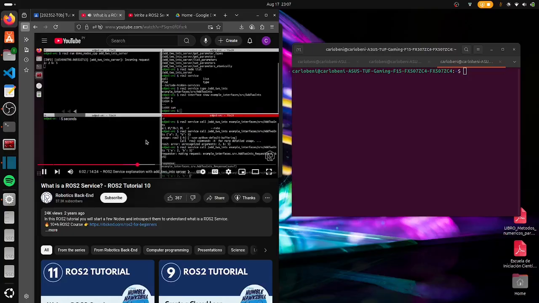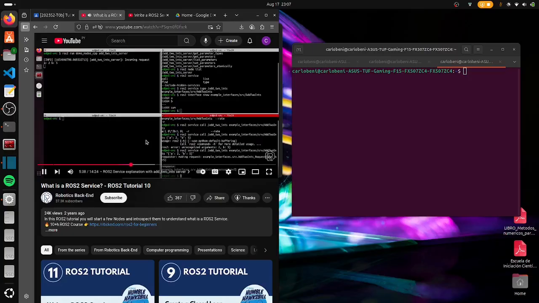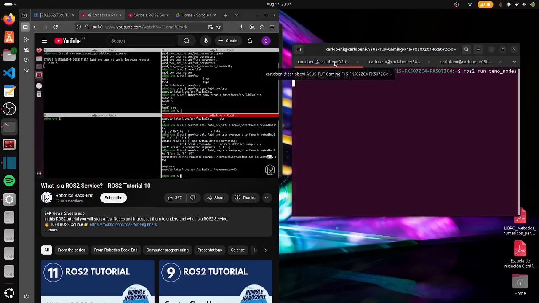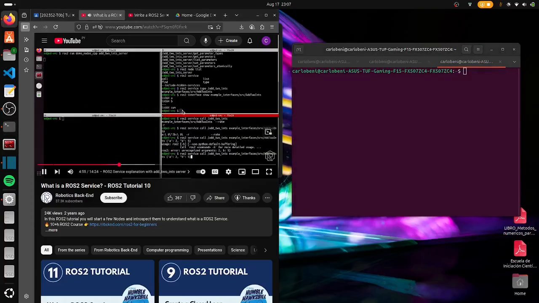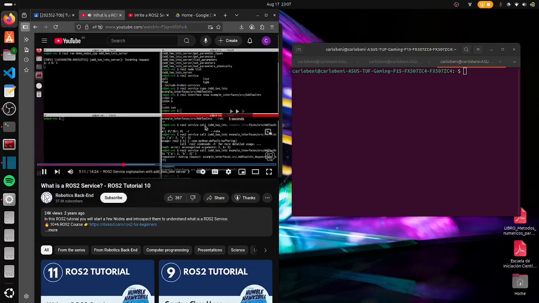Let's put 9. The request sum is equal to 7. You can see we're making a request with a equal to 2 and b equal to 5. That's what we want. And then the response with sum equal to 7. And actually, let's use double quotes around the curly brackets. So a is equal to 2, so it was sent